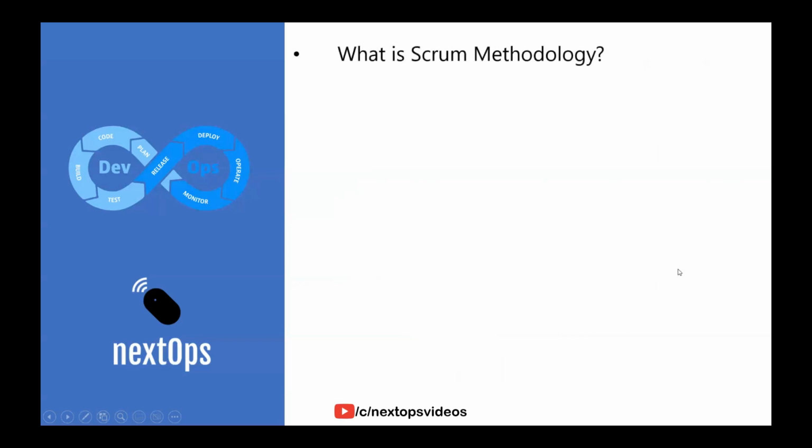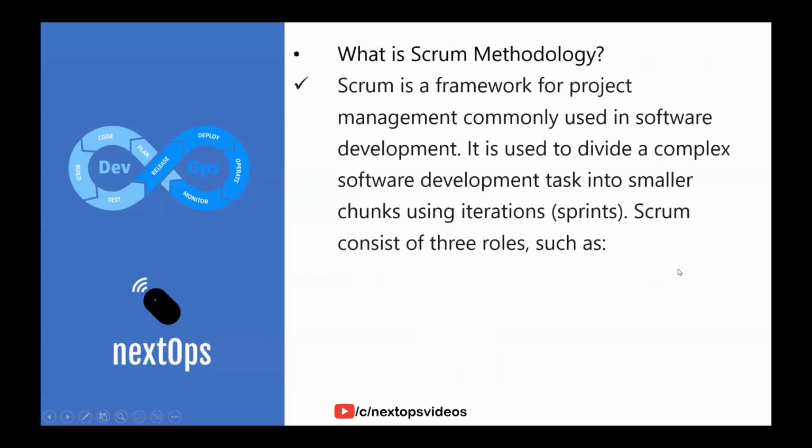What is Scrum methodology? Scrum is a framework for project management commonly used in software development. It is used to divide complex software development tasks into smaller chunks using iterations. So it's just a methodology, it's just a practice. I mean, it's just a set of rules followed by all teams who are involved in development activity or support